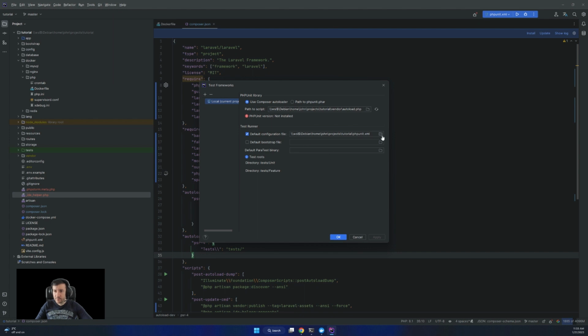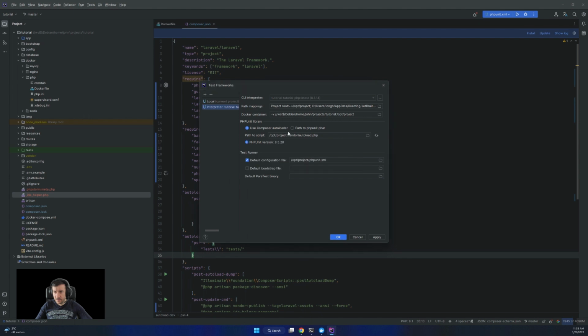Let's see where. So PHP unit will be a remote interpreter, and will be from here. And now we have everything. So we have connected to the PHP unit.